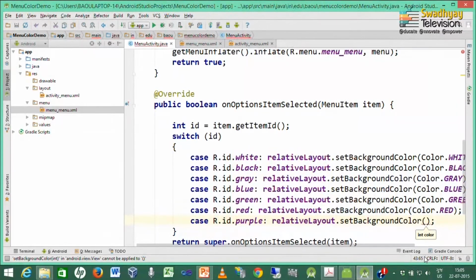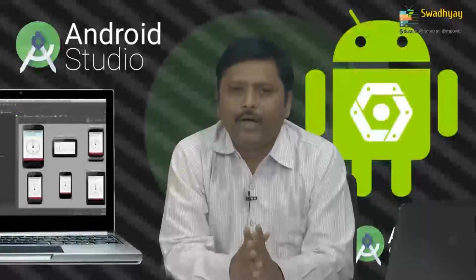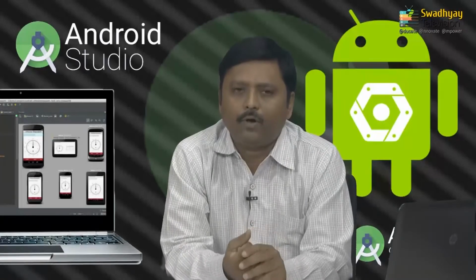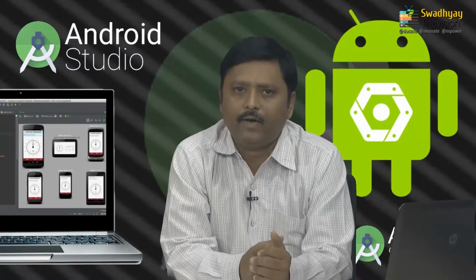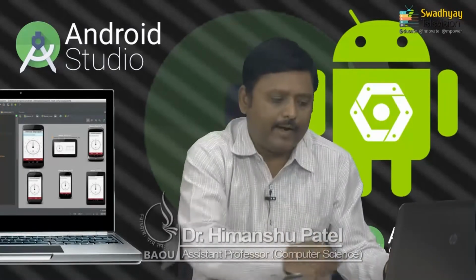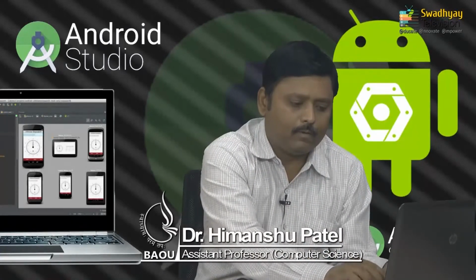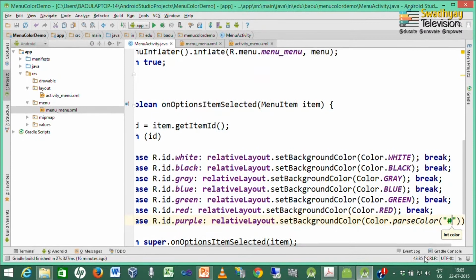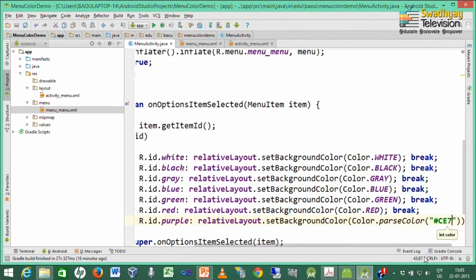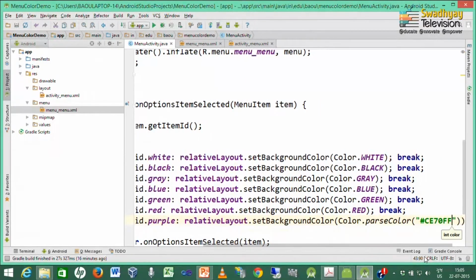so here in this case we have no constant available for purple. So, what we can use is one method inside the Color class, which is parseColor. So, I write down Color.parseColor, and here I can specify the color constant value for this purple color, which is CE70FF.